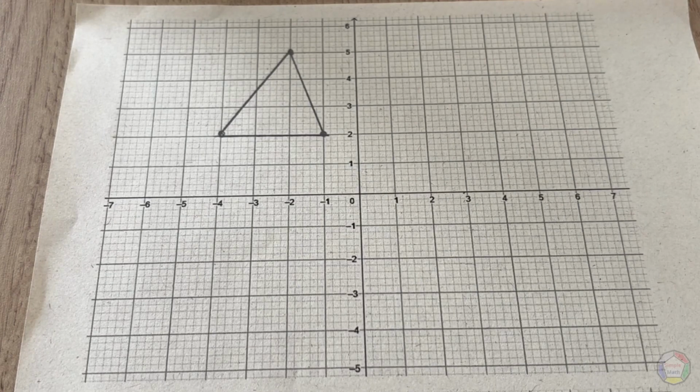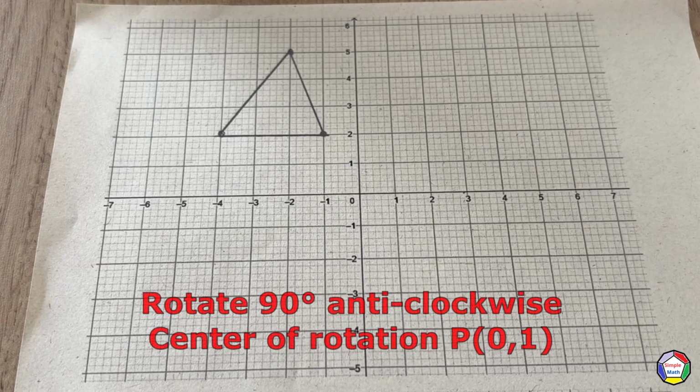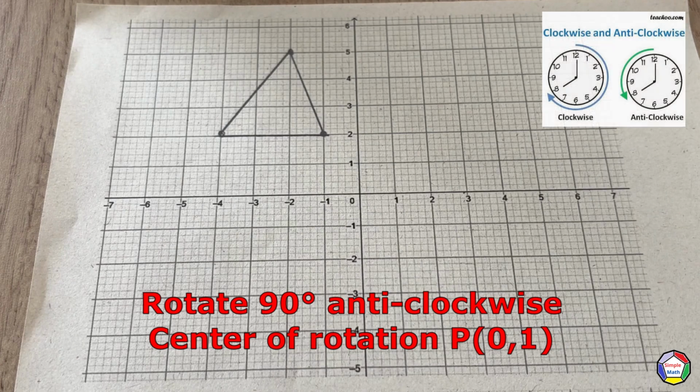Today I will explain how to make rotations when you already know where the rotational point is, the degrees that the exercise provides, and also whether it is anti-clockwise or clockwise. In this video, I'm going to give you the following instruction. You will rotate that triangle